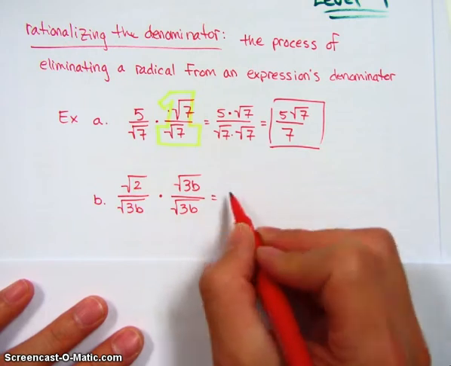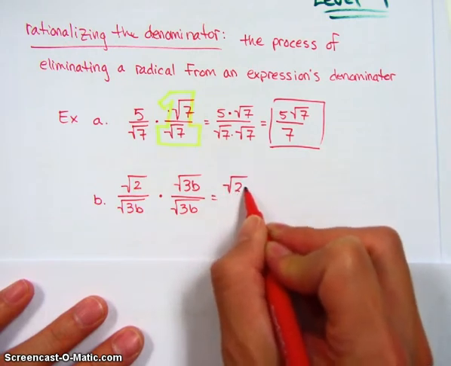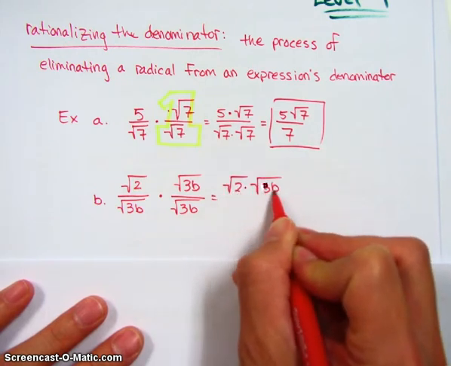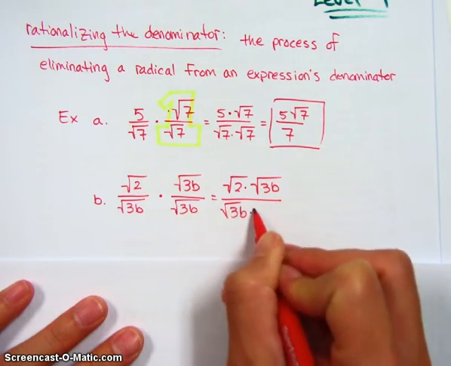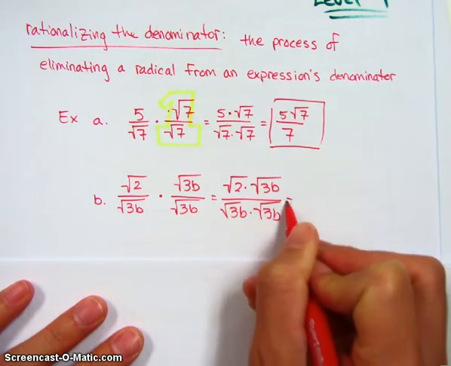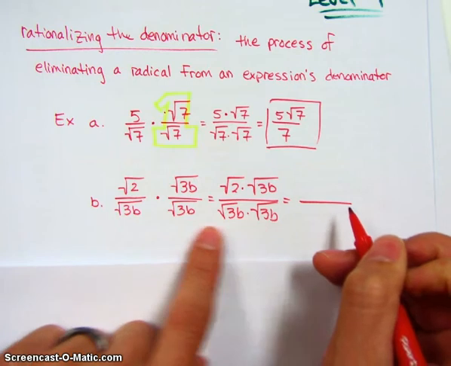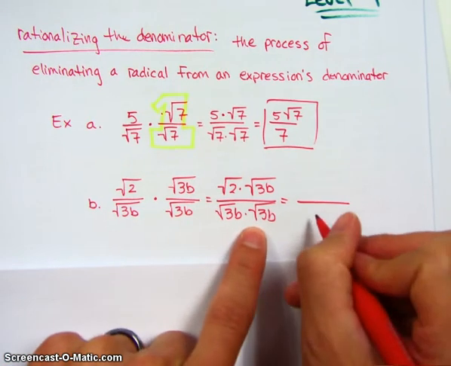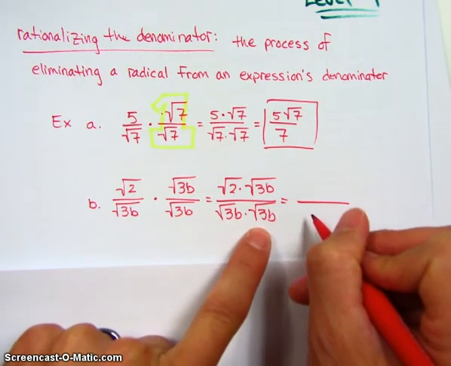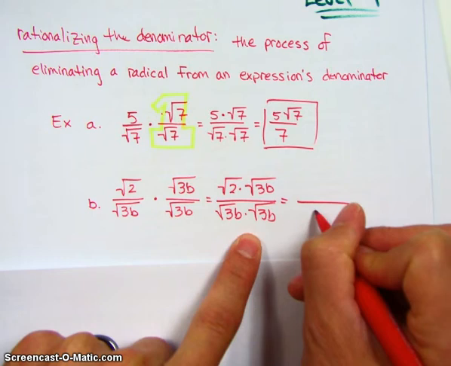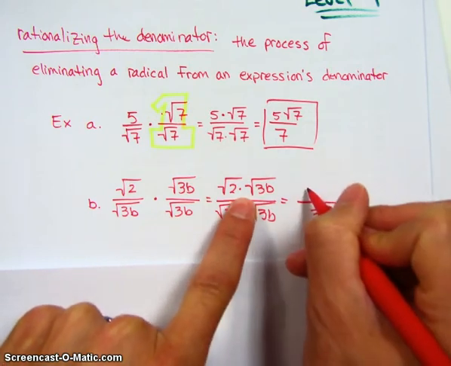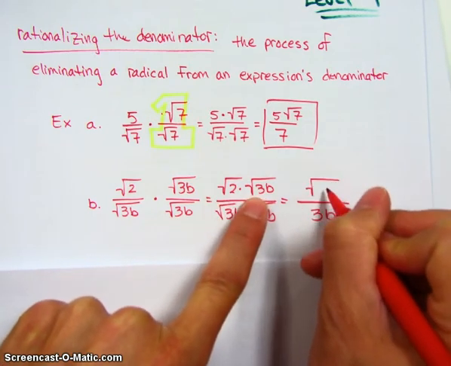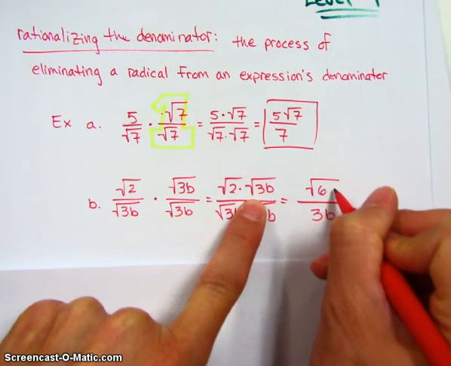All right, so I'm going to go and write this out. Radical 2 times radical 3b over radical 3b times radical 3b. All right, so the whole idea here was this part right here. I want to change that. So if you multiply by the same thing, the radical sign just goes away. You're going to have 3b on the bottom. On the top, I'm going to have, let's see, 2 times 3, which is now 6, and then my b